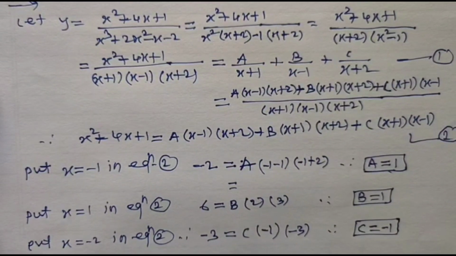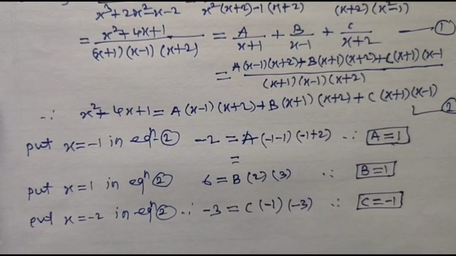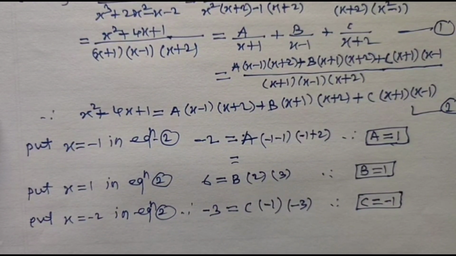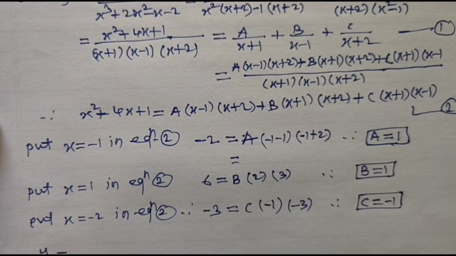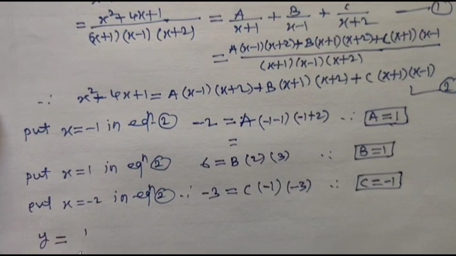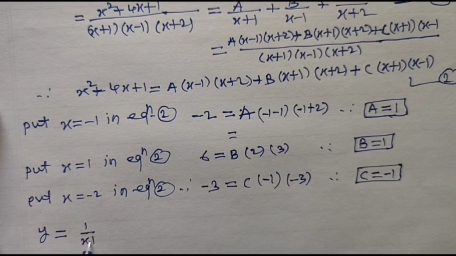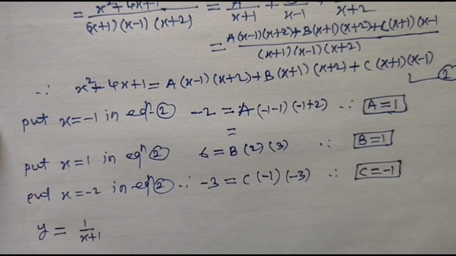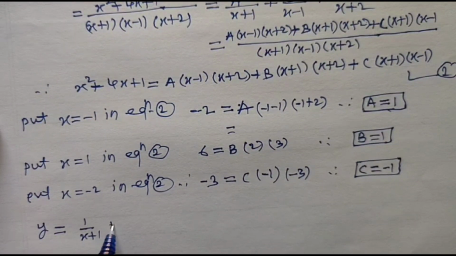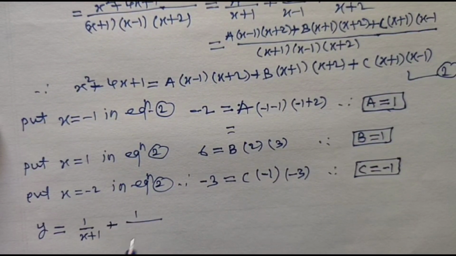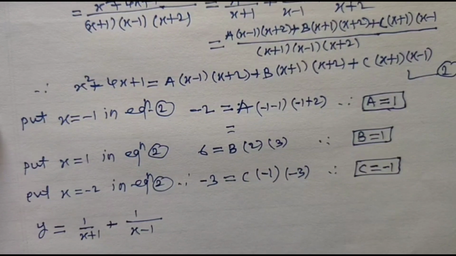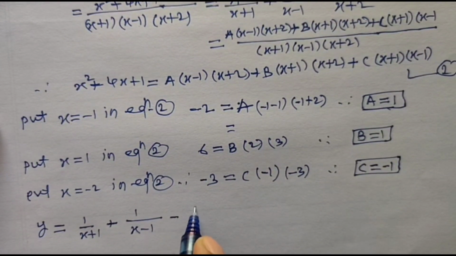Put values of arbitrary constants in equation number 1. Hence y is equal to a upon x plus 1, that is 1 upon x plus 1. Then b upon x minus 1, b is also 1, so 1 upon x minus 1, and c is minus 1 upon x plus 2. Okay,